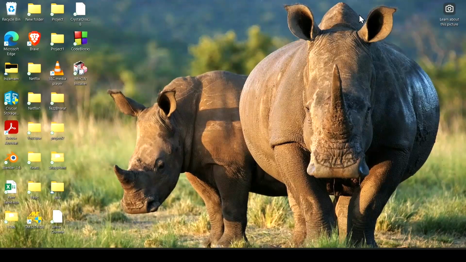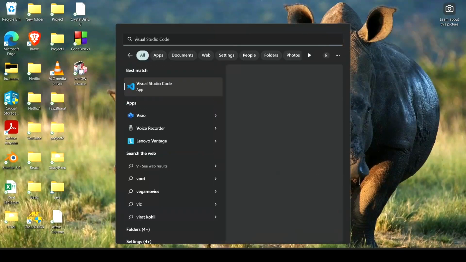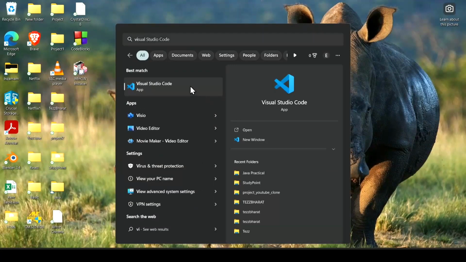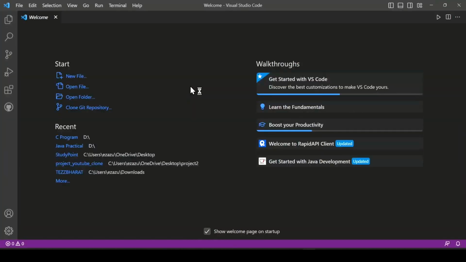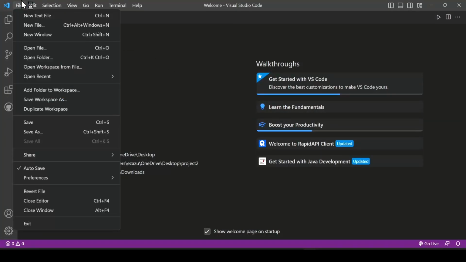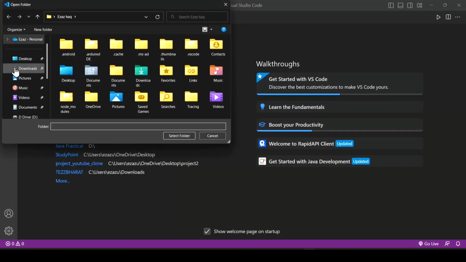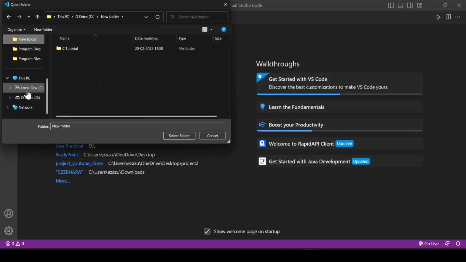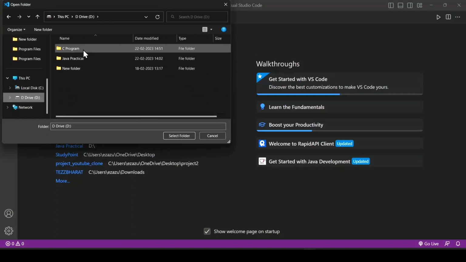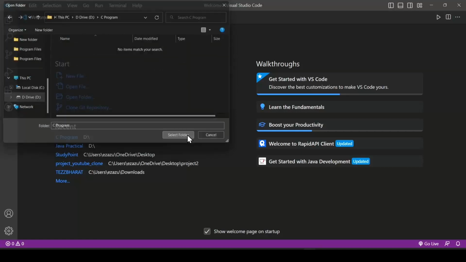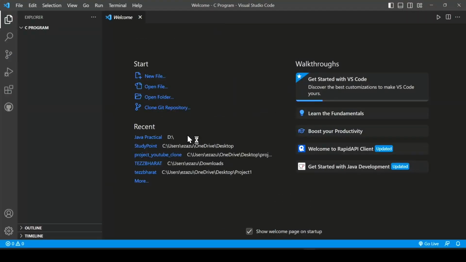Now after setting the path of the C compiler, we need to open our VS Code. I just click on the search button and find VS Code. Just click on OK, and after that we need to open a folder, or you can create a folder. I already created one, that's why I open a folder which is in my D drive. I click on D drive, select the C program folder, click on open, and after that we need to create a file hello.c,